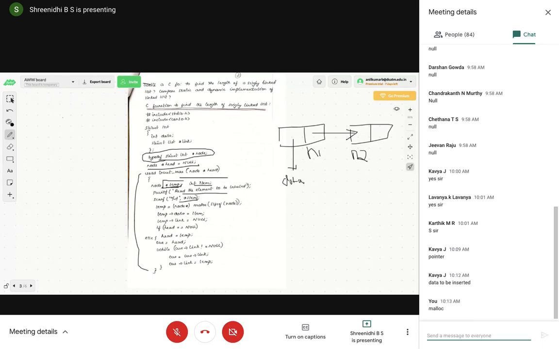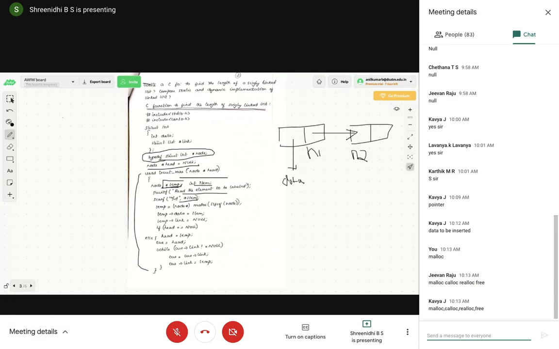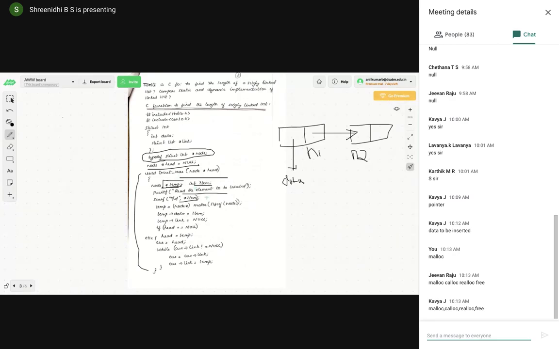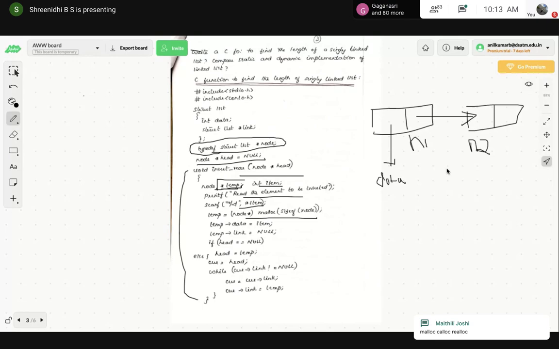Yes, Aryan, correct. Malloc, calloc, realloc, and free. Since we are using it here, the malloc function dynamically allocates the size of a node, that much size is allocated for one complete node.